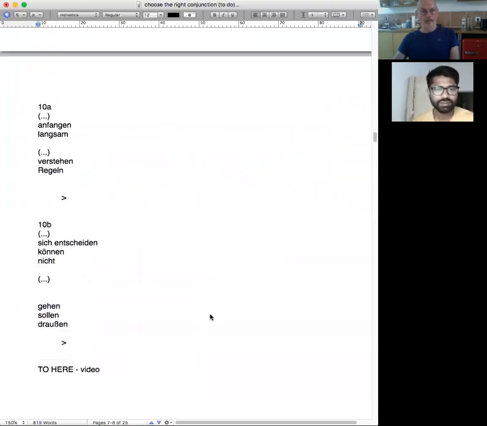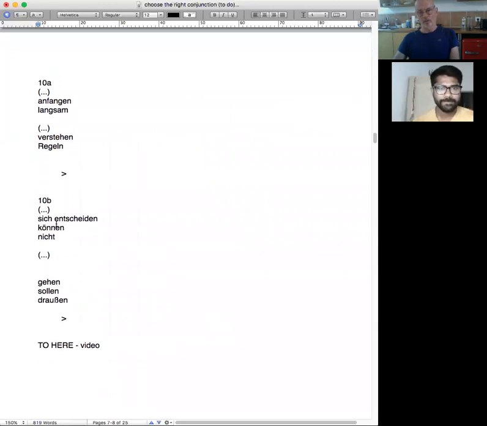Let's see if I've got it. Yeah, this one. Sich entscheiden können nicht gehen sollen draußen. Er kann sich nicht entscheiden. No, you can only have one conjugated verb in a clause.